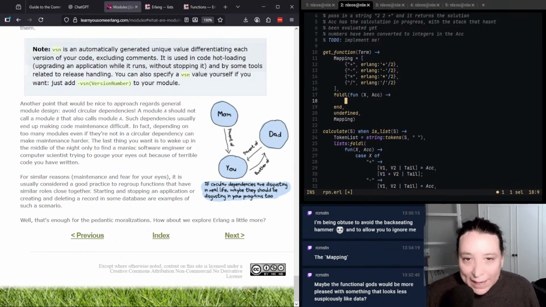Okay, and then if we have a matching element, we look at the term that we're looking at and say, is it matching the operator? X function is equal to,